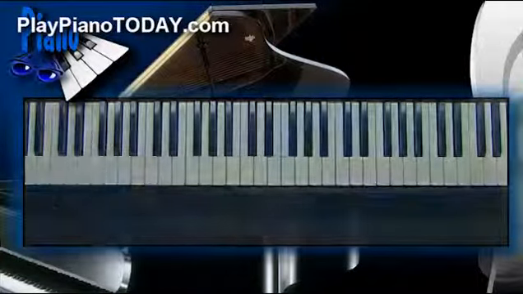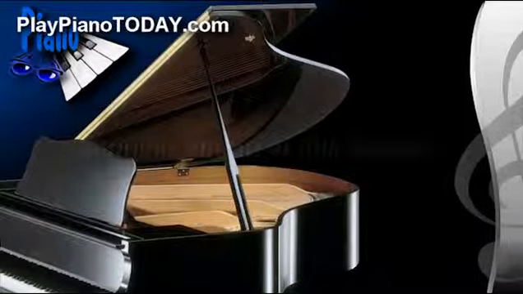Nice and funky. Isn't that amazing how that simple technique of